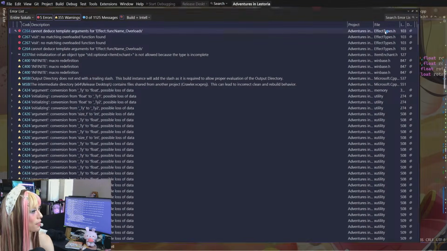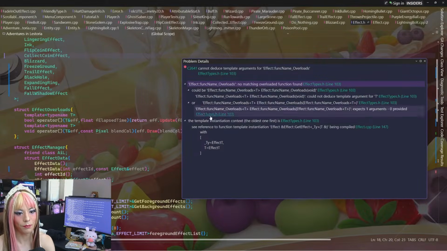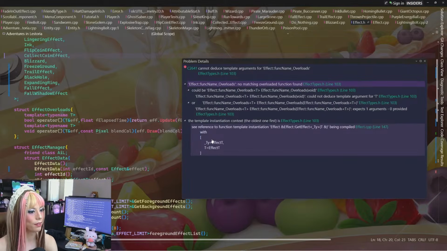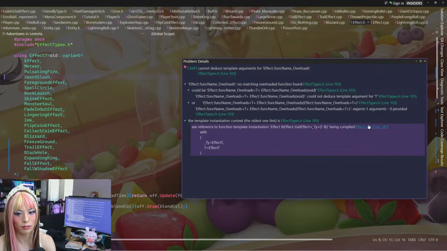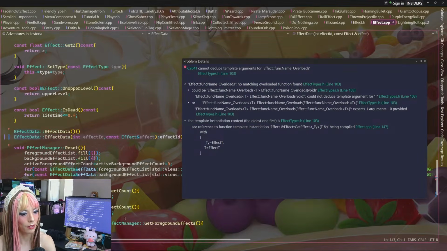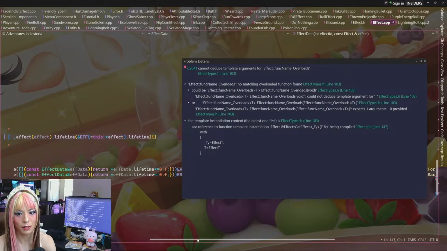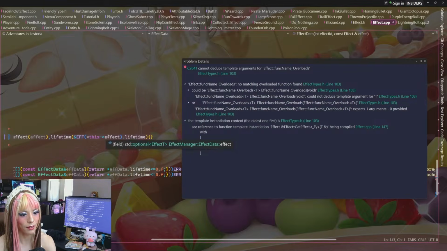Because again, it says cannot deduce template arguments, so what are... Wait, so it's effect T. So effect T is that variant, right? Yeah. From here? Okay. So it's saying it could be function name underscore overloads void, or function name overloads T. What?